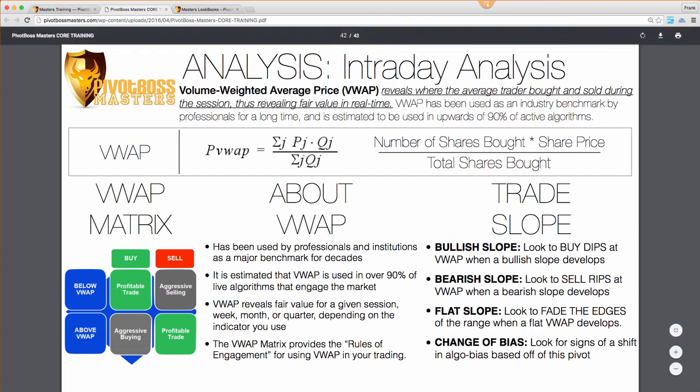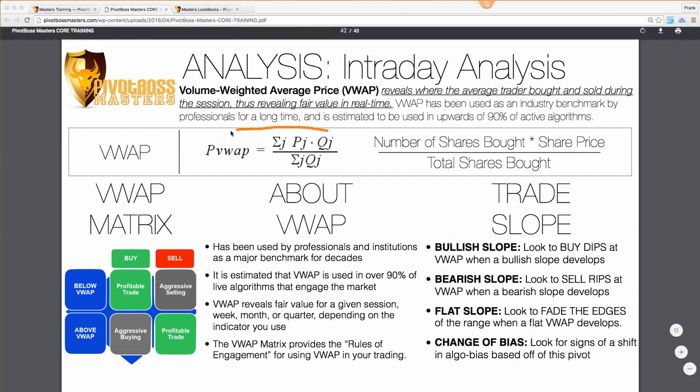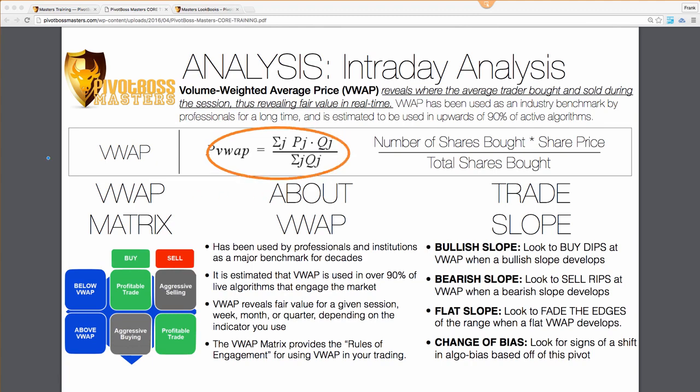So, in wanting to have something now on my machine, I developed it really quickly, and you can see the calculation isn't that bad, right? This isn't a big deal. So that's the calculation or the formula for VWAP, and it's basically, if you just kind of bring it down into normal English, it would be the number of shares bought times the share price divided by the total shares bought throughout the day since the open or since the beginning of whatever period of time you're looking at. That's just a base idea. So it's basically the sum of the shares bought times the share price divided by total shares bought.